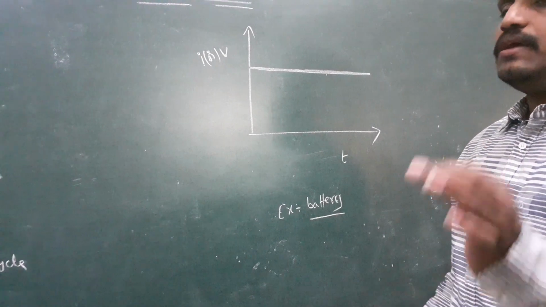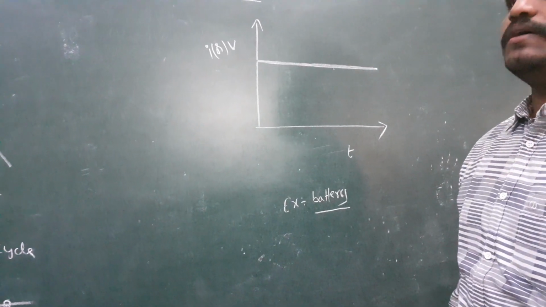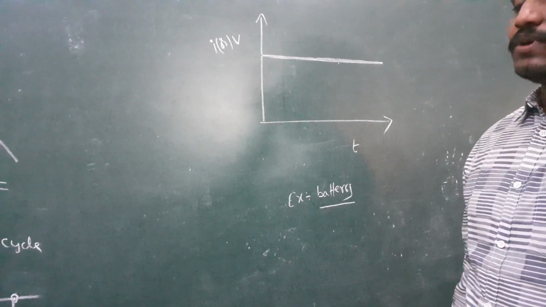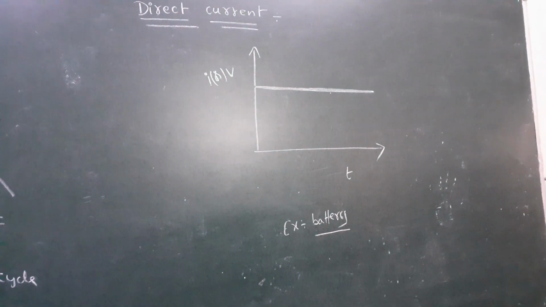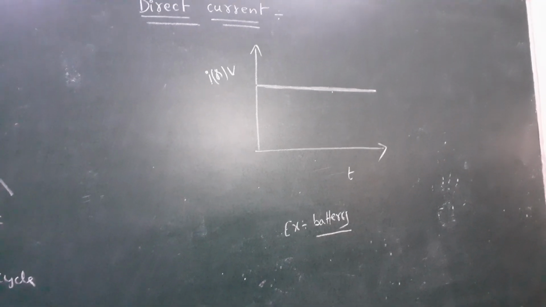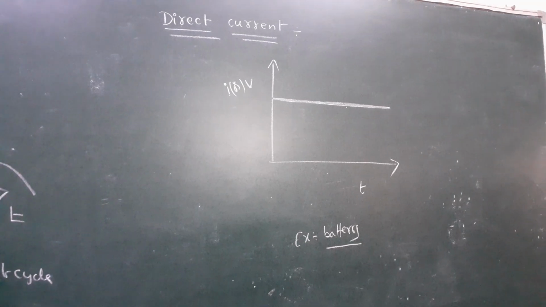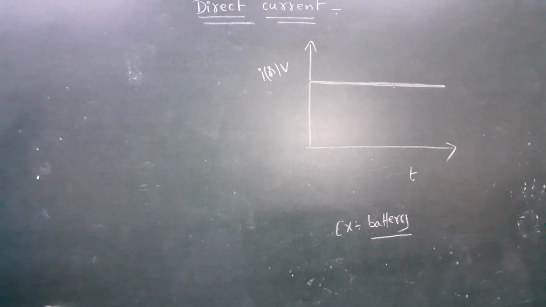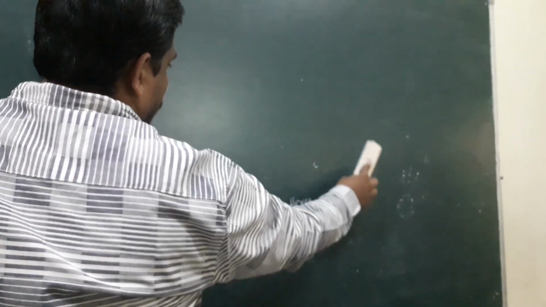Simply, AC means current changes with respect to time, nana. That is called AC. Current that does not change with respect to time is called DC. That means, okay, this is the difference between AC and DC. AC is generally used in our houses. The Indian government supplies AC current, nana, not DC, not DC. Okay, here AC means alternating current, DC means direct current.